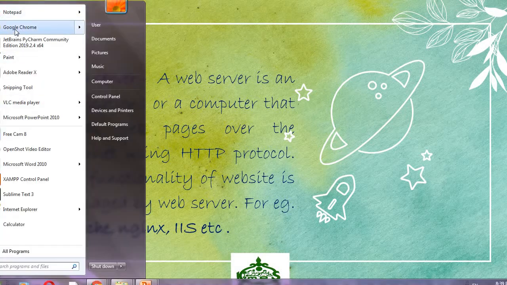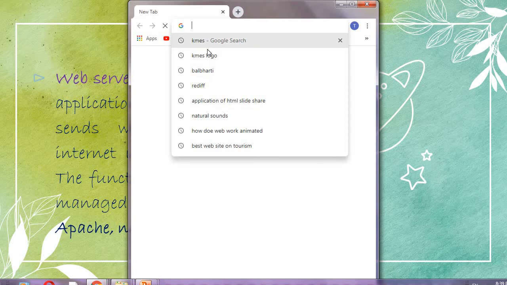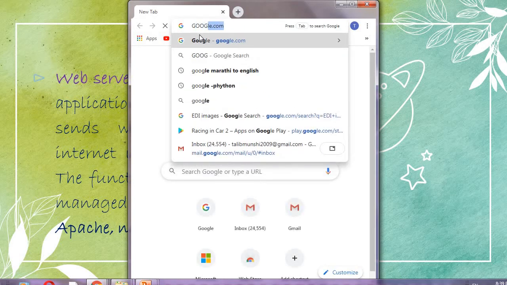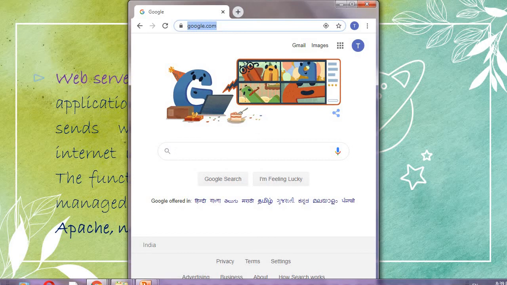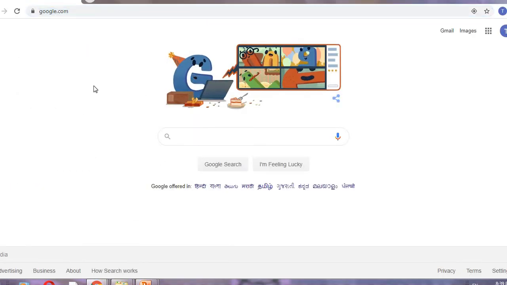HTTP, you know in practical. When you type any website, for example, Google, your favorite, see here what happens. See here, HTTP. What is S? Later on we will study this.